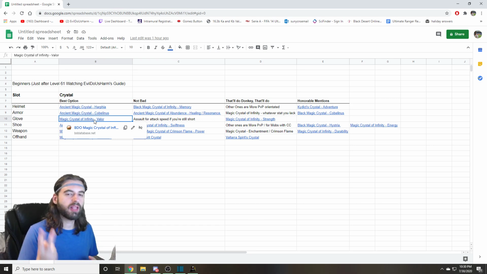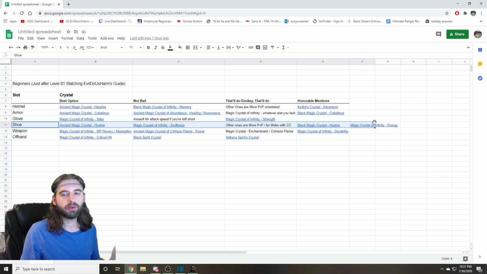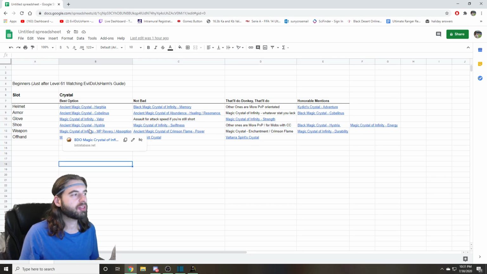If your gloves have 2 slots, you can put 2 of these crystals on for a total of plus 4 critical hit, which is actually equivalent to plus 16% critical hit bonus to your character, critical hit chance on your character, which is cool. The shoe slot actually has a bunch of different crystals you can use as well that are pretty cool, but the biggest one that you're going to be shooting for is the Ancient Magic Crystal of